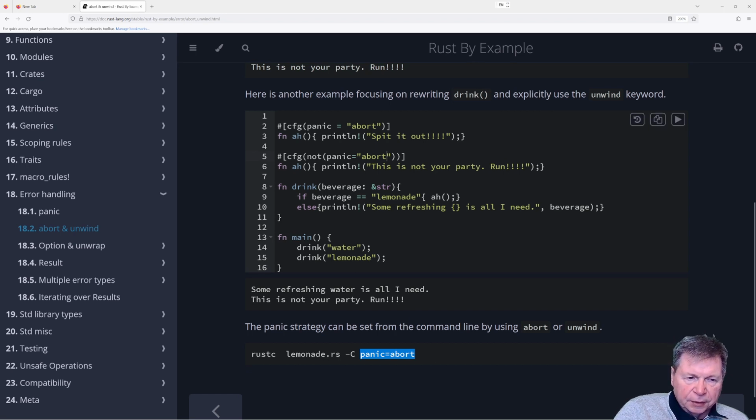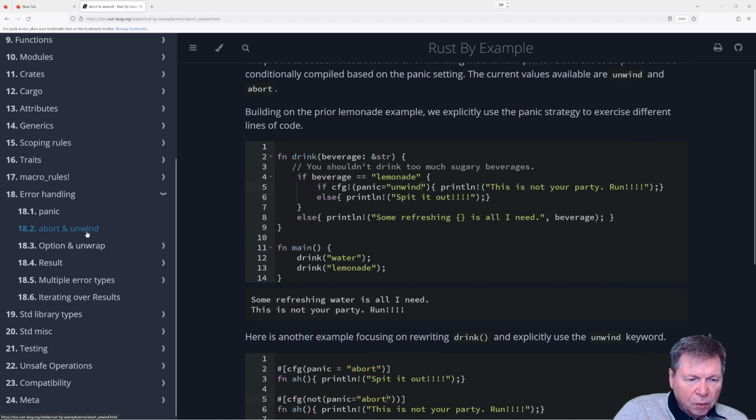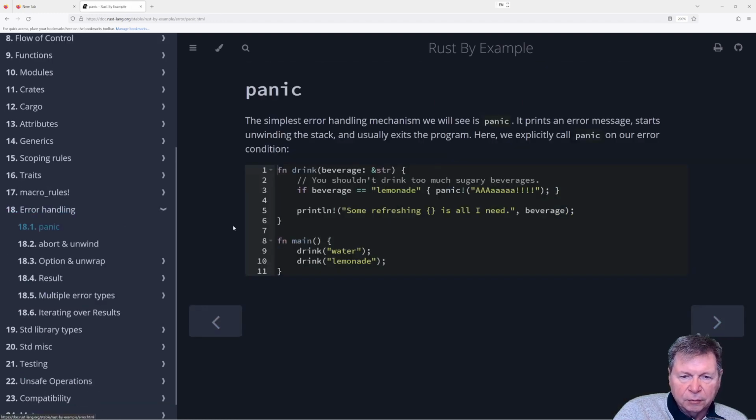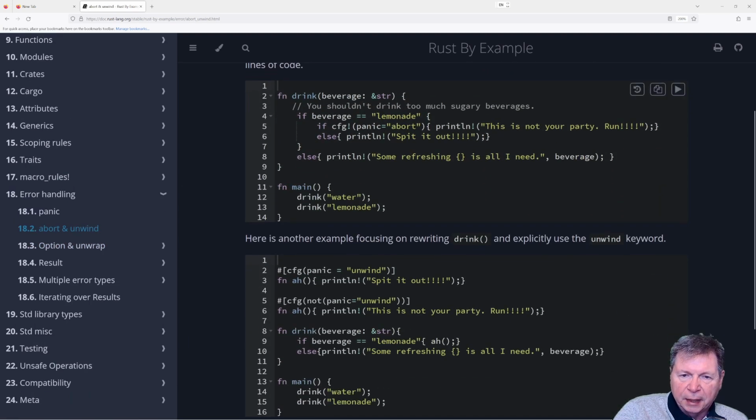But it's interesting that when you say panic equals this, you're getting this abort unwind behavior. But if you don't say anything about panic and use the macro, it exits the program. So that's kind of interesting. So we've got this panic.